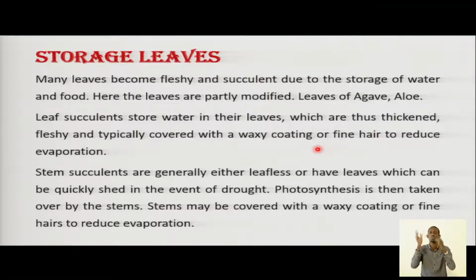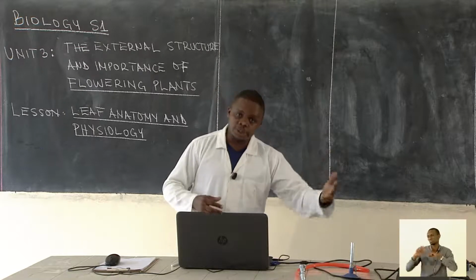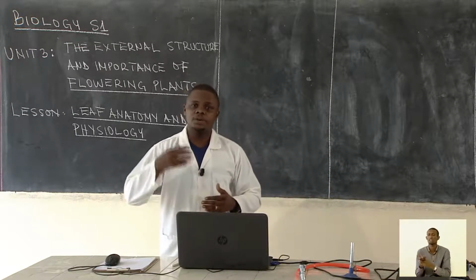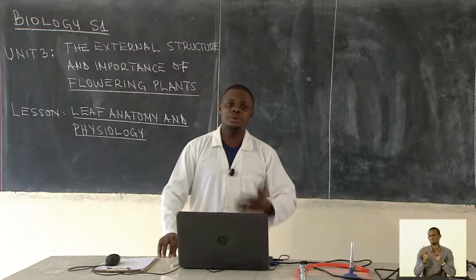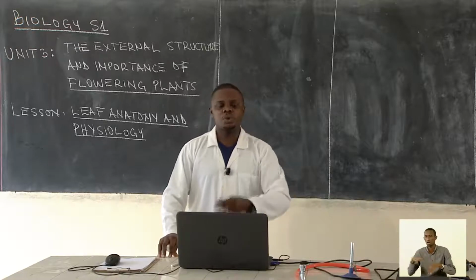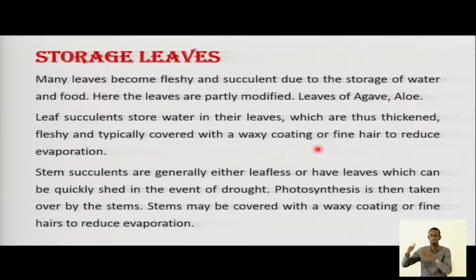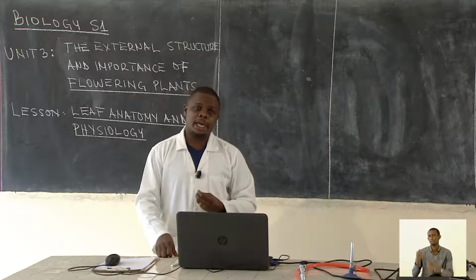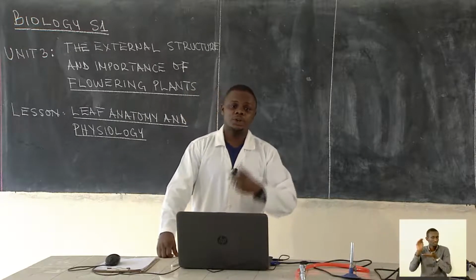That means storage leaves are common in plants which need to store a lot of water and a lot of food. This is common with plants which live in dry areas like deserts. They need to store water for a long time. In that case, their leaf parts are thick and fleshy to store a lot of water, covered with a waxy cuticle, and they have fine hair which reduces the rate of